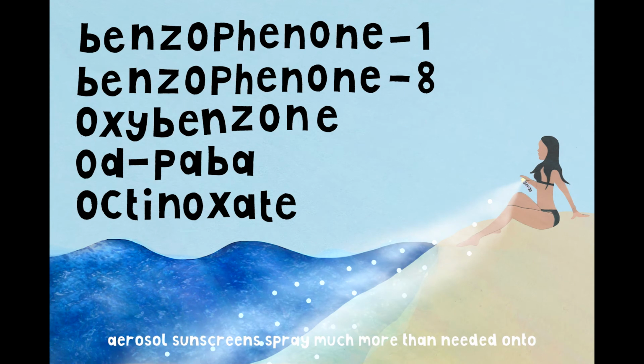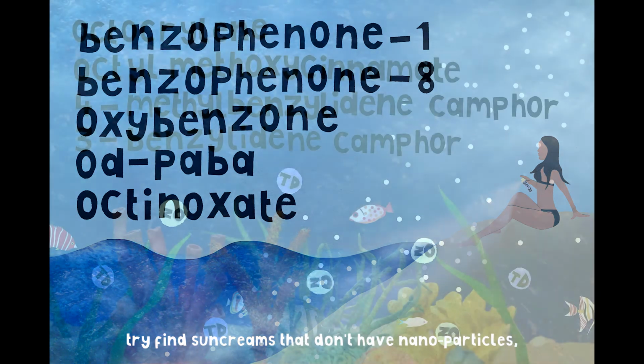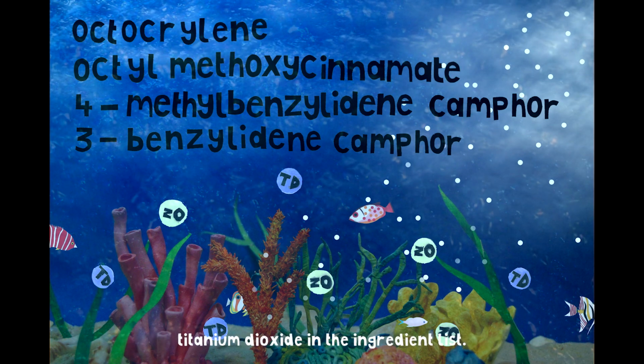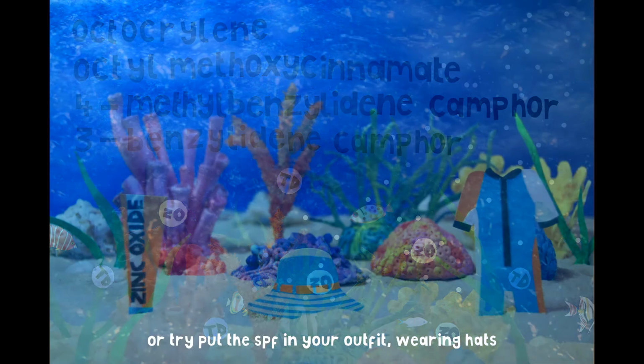Aerosol sunscreens spray much more than needed onto the sand, and it gets washed into the sea. Stick to creams, check your sun cream labels before you buy, and avoid these chemicals. Try to find sun creams that don't have nanoparticles. These are tiny pieces that can be absorbed by the animals in the sea. Look for sun creams with zinc oxide or titanium dioxide in the ingredient list, or try to put the SPF in